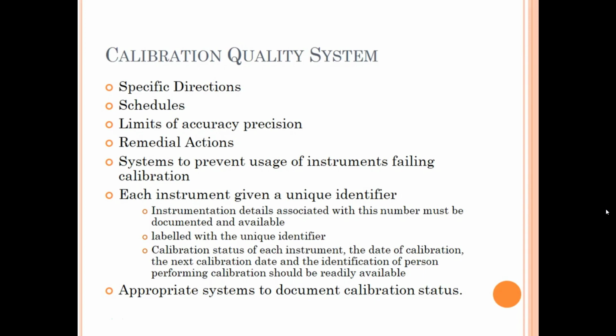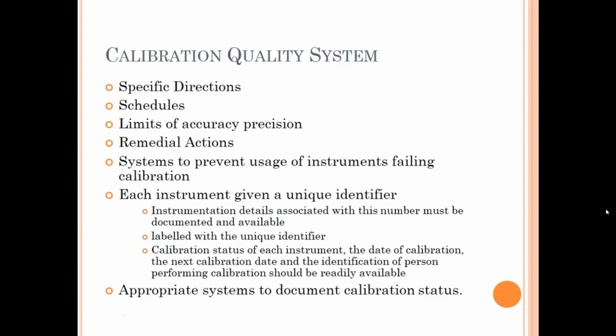So all quality systems need to have a calibration system in place, and it needs to include specific directions within that operation system that specify the schedules of what equipment is due for calibration and when. It needs to specify the limits of accuracy and precision of the equipment, as well as any remedial actions that need to be taken if an instrument fails calibration. The system needs to prevent usage of instruments that have failed calibration. The system needs to track instruments'